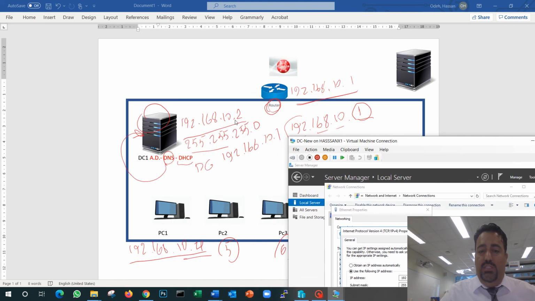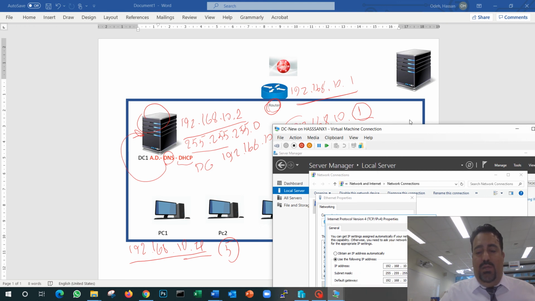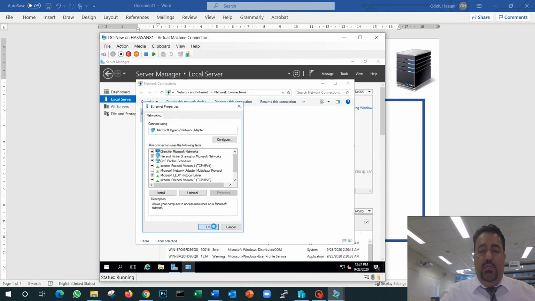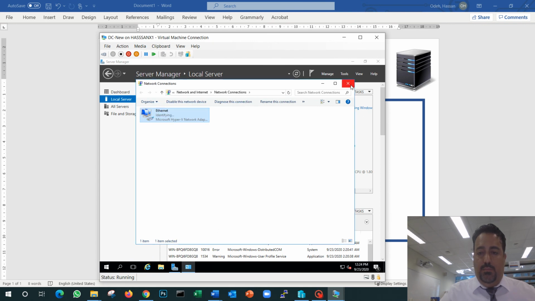So it will be 192.168.10.2. Again, so you guys don't get confused, on your table your IP address might be different. Your server IP address on your table might be 192.168.200.26.200 or .26.150. So whatever your server IP address is. Now I got the DNS ready. I press OK. I press OK.